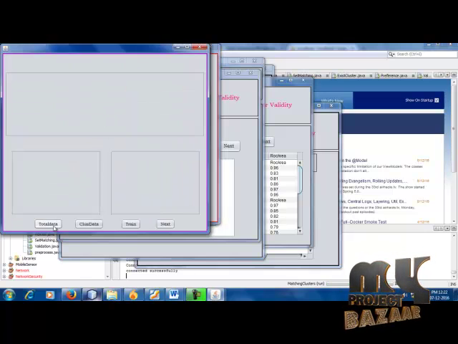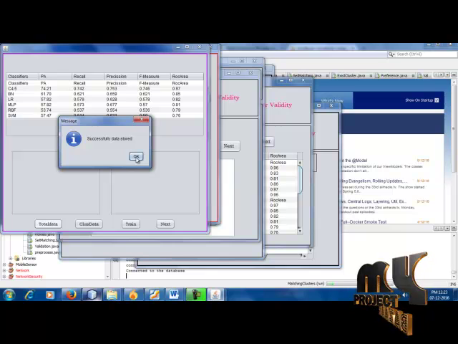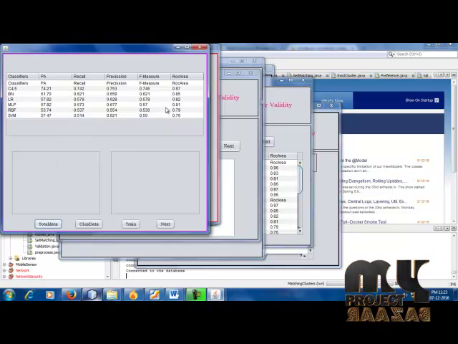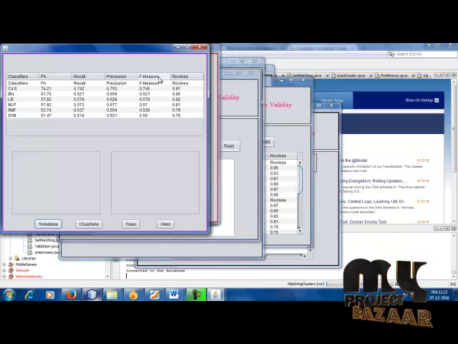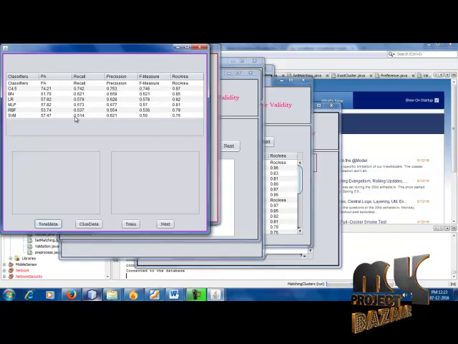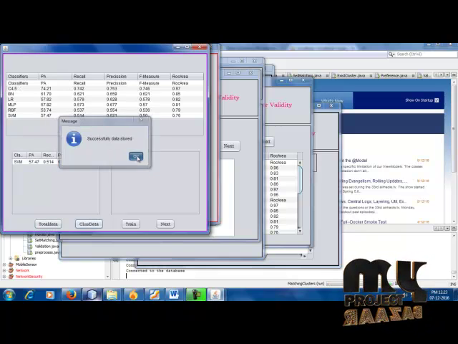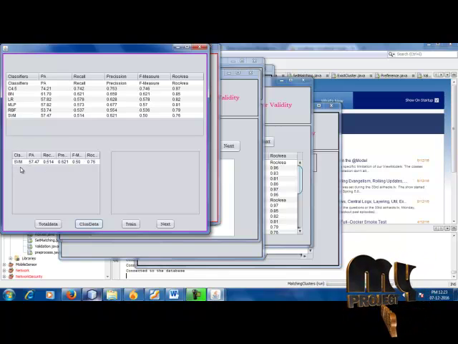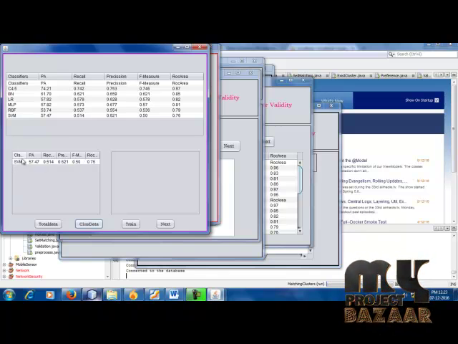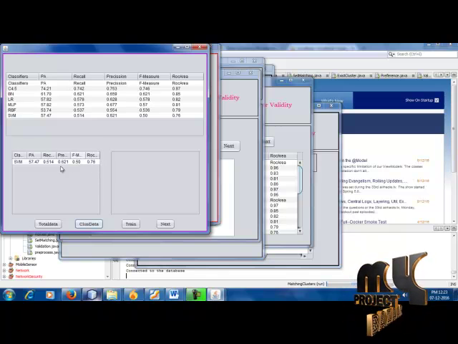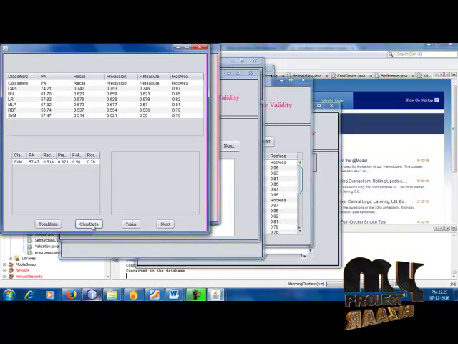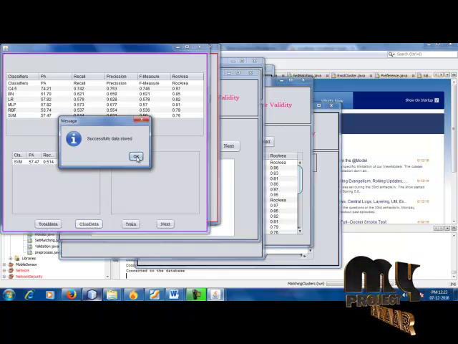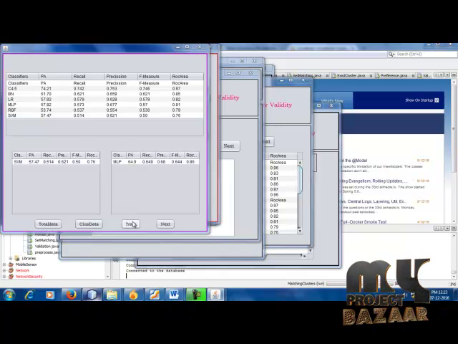Next we will process the data calculations. This is the classifier data, the PA, recall values. This is the precision values. This is the measurement of F values. This is the ROC areas. These are some classifiers data. Here I am using only support vector machine data. SVM data is processed for calculating the ROC area, PA, and the recall and precision values. The data is analyzed and successfully stored in the database.